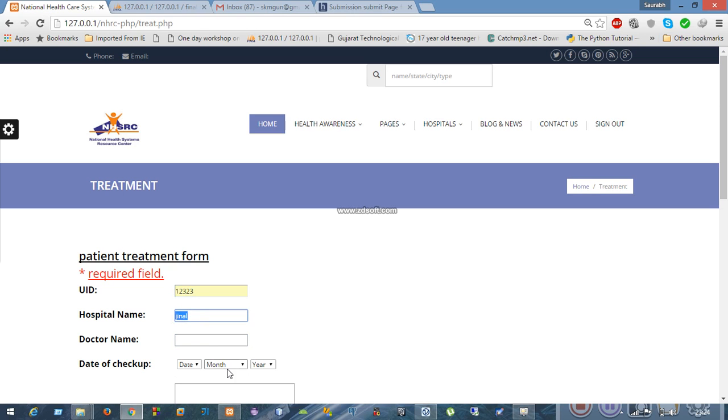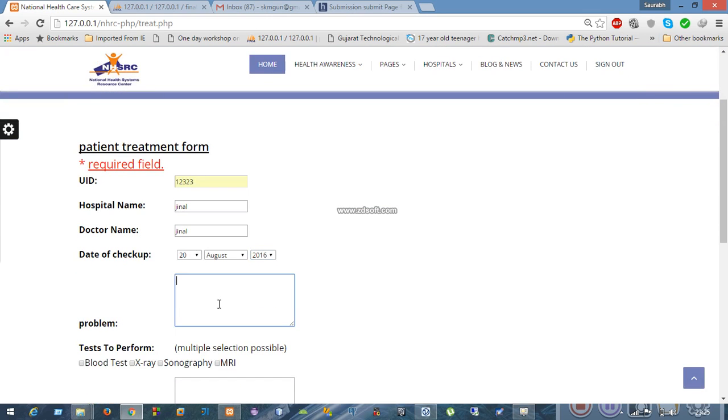Now the doctor name, now the date of checkup, the date on which he went to that hospital. Now the problem which the patient was suffering from.